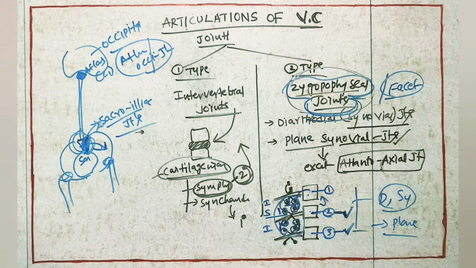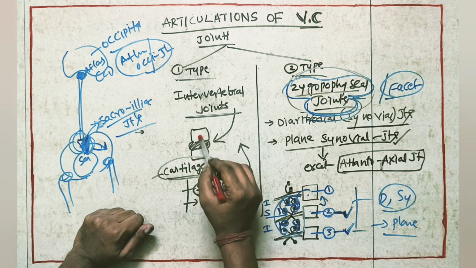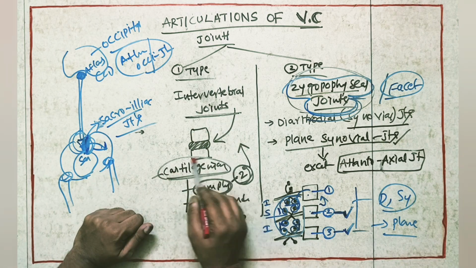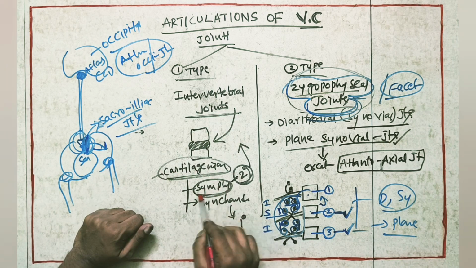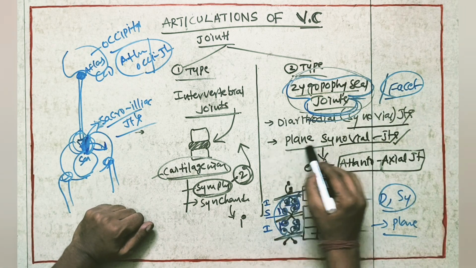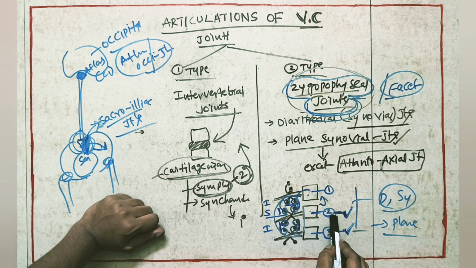Now, a summary of all the vertebral column joints. First we have intervertebral joints, the articulation between the bodies of the vertebrae. Between these two we have a joint called the intervertebral joint. These joints are synarthrodial, cartilaginous joints, of the symphysis variety. Then the second one, zygapophyseal joints, also called facet joints. These are diarthrodial synovial joints, of the plain synovial variety. In the zygapophyseal articulation, the superior facets of the second vertebra articulate with the inferior facets of the first vertebra, and the inferior facets of the second vertebra articulate with the superior facets of the third vertebra. So these are the facet joints.